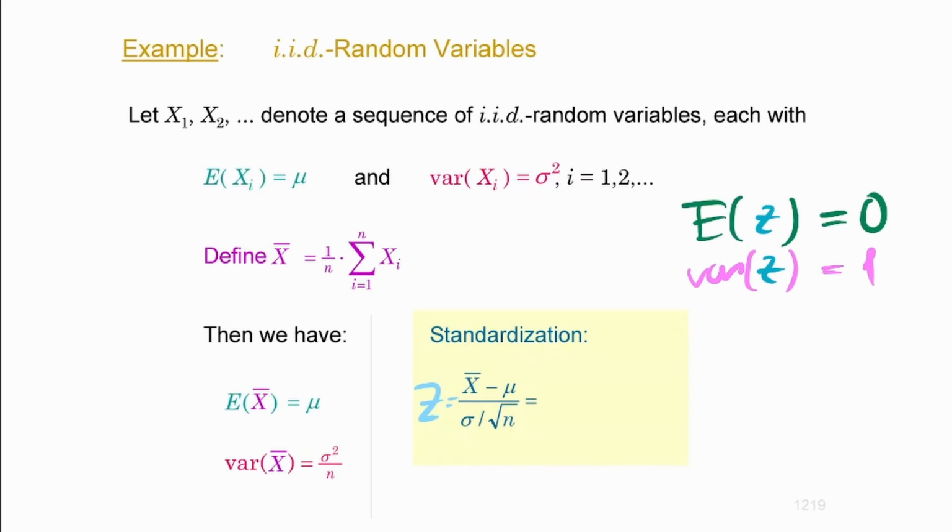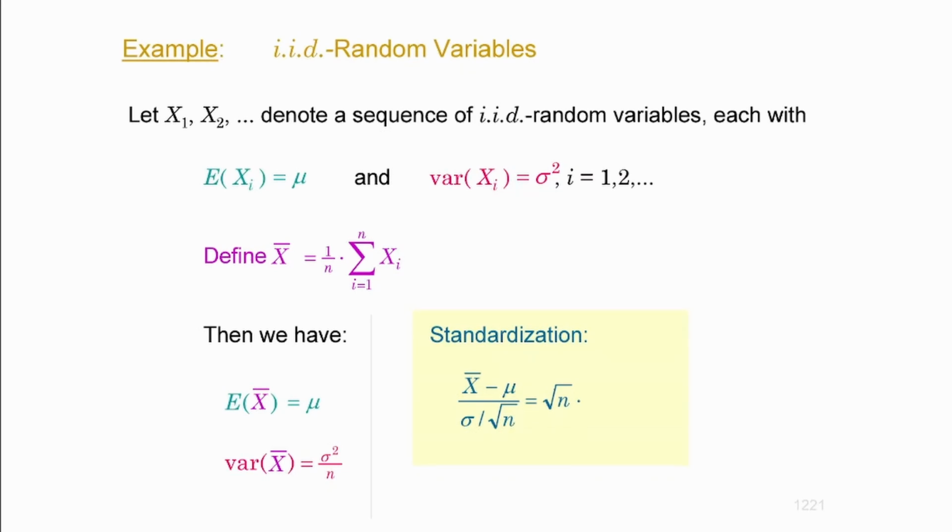So that's basically how you end up with this in this case. Now, you can also write it differently, which is actually done in practice, because if you divide by the square root of n inside the denominator, this is actually multiplying by its reciprocal, and the reciprocal of 1 by the square root of n is the square root of n, and that's what I'm doing here. So I'm multiplying it by its reciprocal. That's going to be the same expression. So that is also the standardization that has the mean 0 and the variance 1.